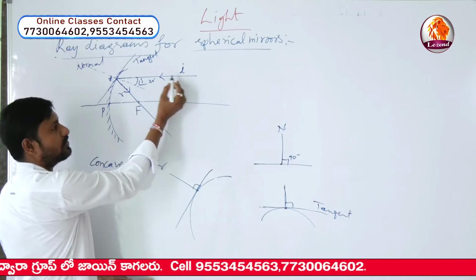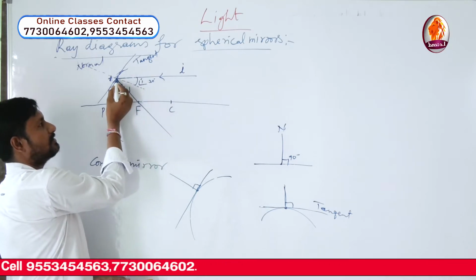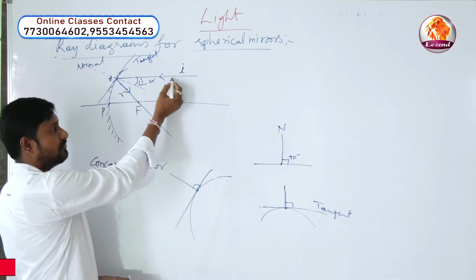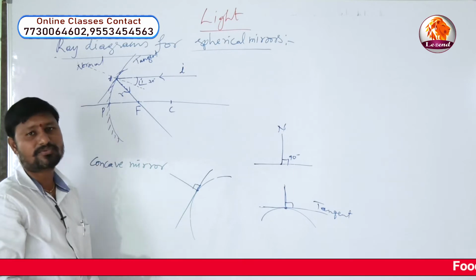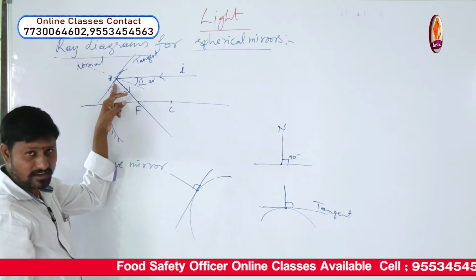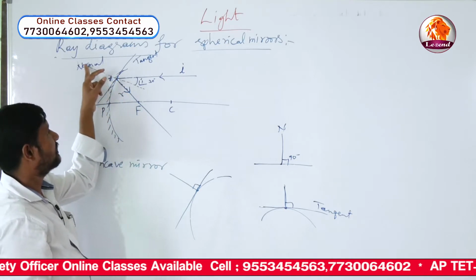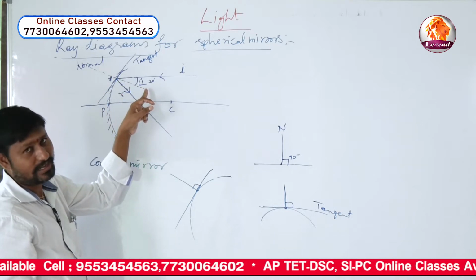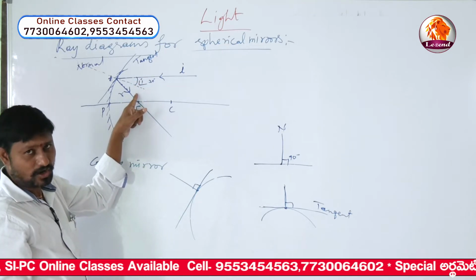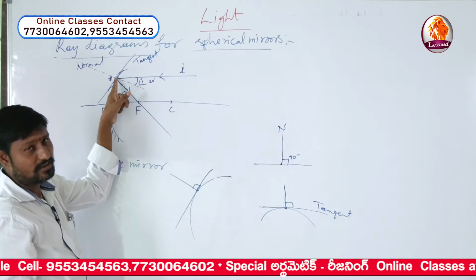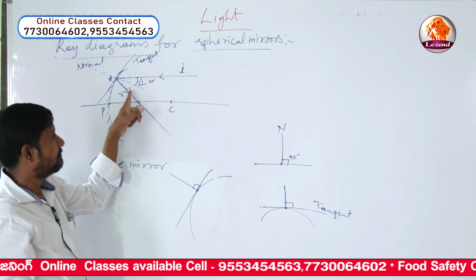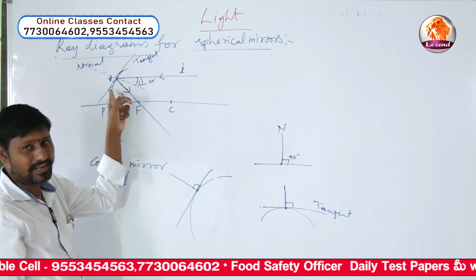So what have we drawn? We have taken an incident ray which is incident at point of incidence A on the mirror, and to draw the reflected ray for this given incident ray, first of all we should draw the normal. For that we have drawn the tangent at this point of incidence A, and with respect to this tangent we have drawn this normal, which is shown in dotted lines. Now we have to measure the angle between the incident ray and the normal drawn at point of incidence A. For example, if you consider this as 30 degrees, then with the same angle, by making it with this normal, we should draw another light ray.